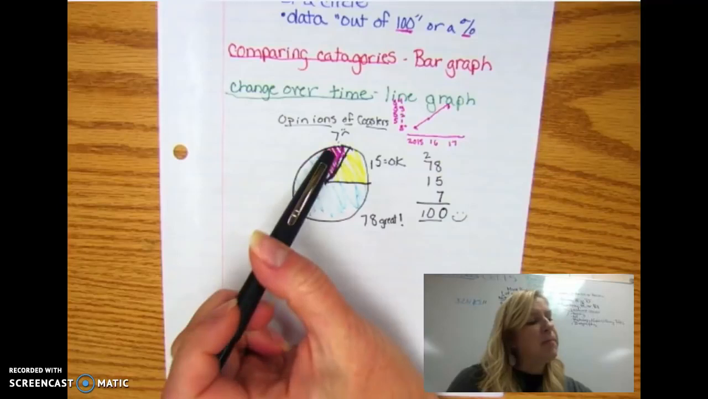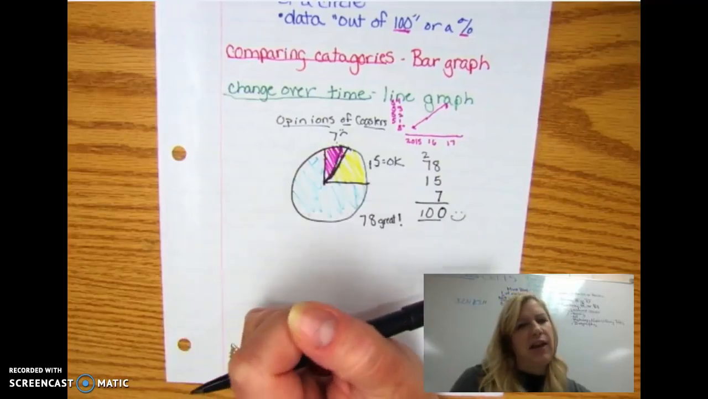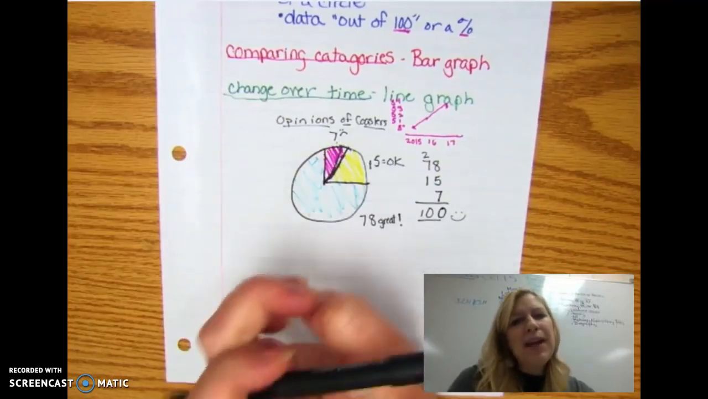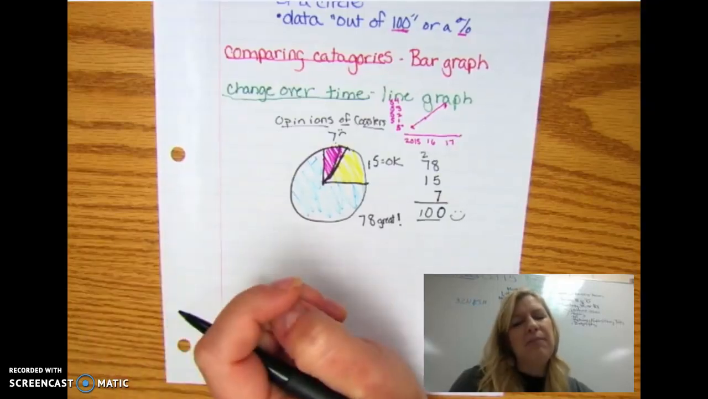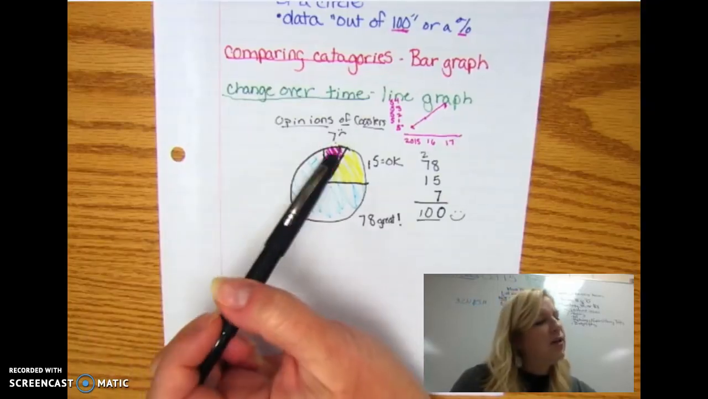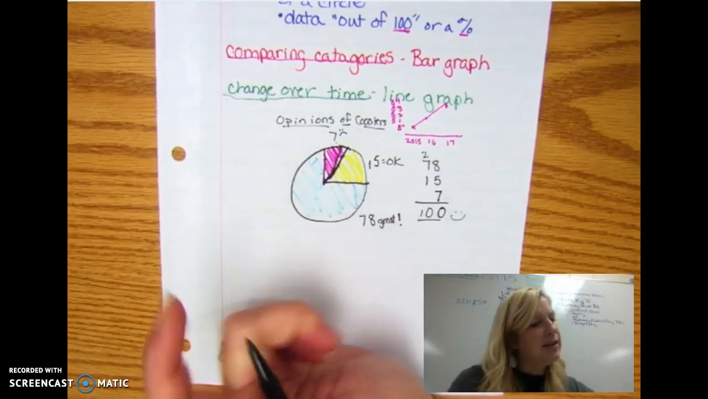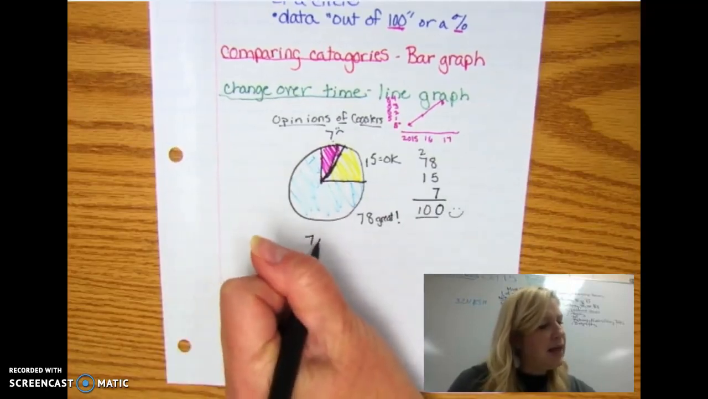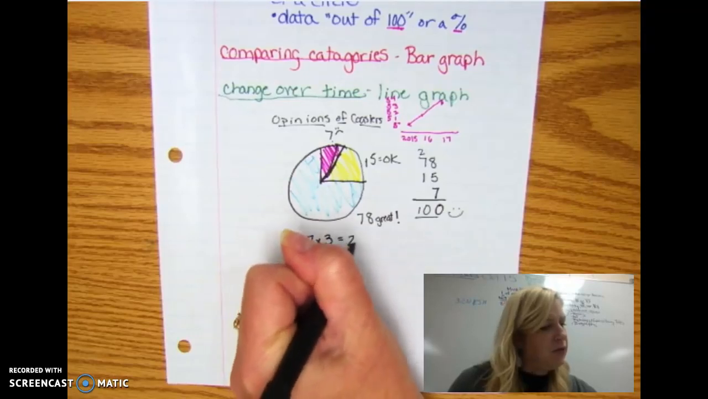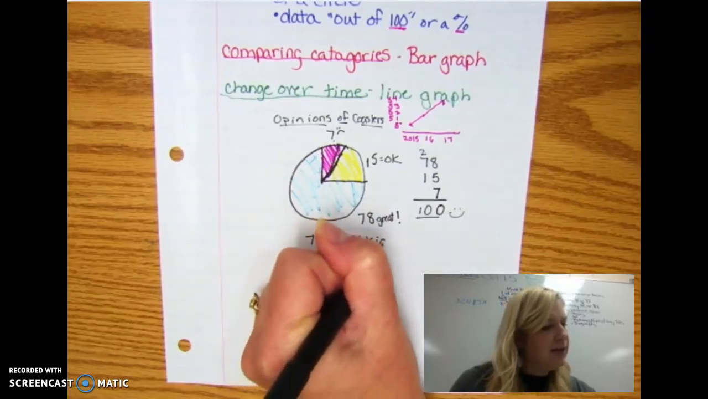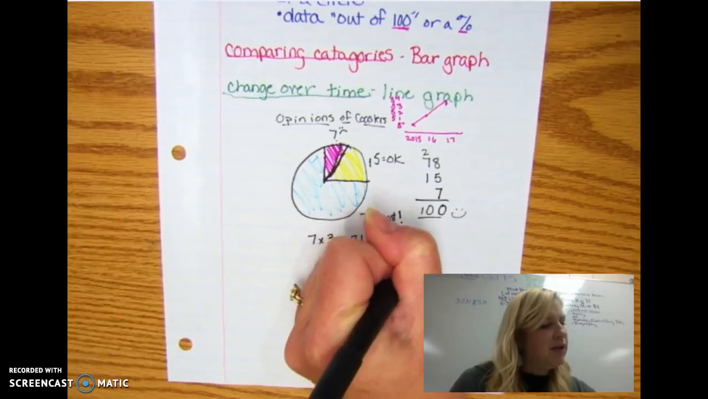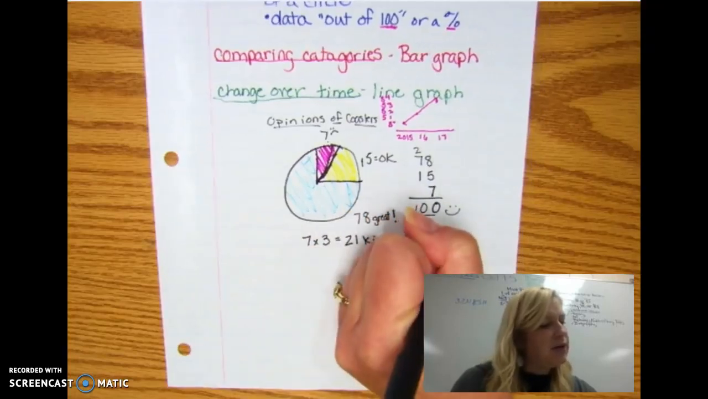How many do you think maybe would say, boo, I do not like roller coasters? Well, we may not get exact, but we're probably going to be pretty close. So if this is out of 100 kids, you'd have to multiply this 7 times 3, which would be 21 kids out of 300